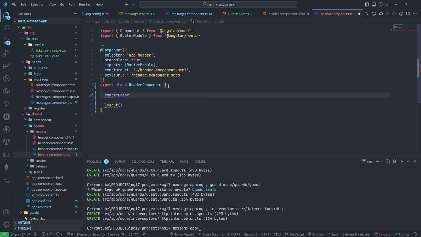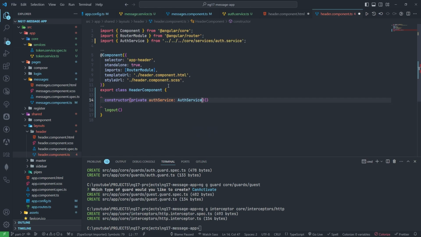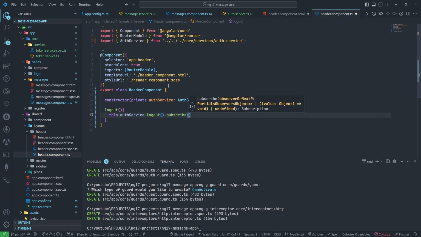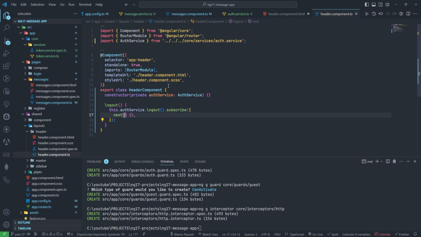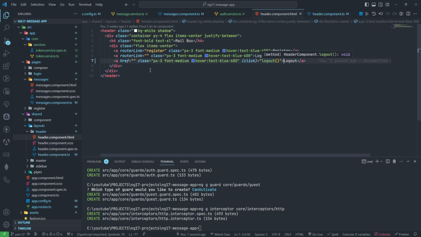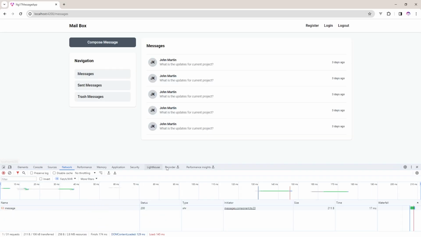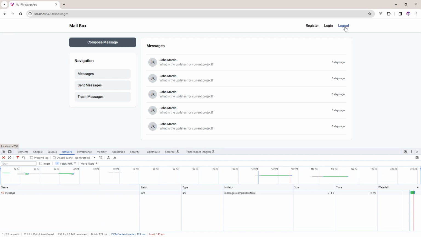So in the constructor, first of all I will inject the auth service file, private authService. Okay, this.authService.logout().subscribe, and let's check whether this will work fine or not. Okay, when we call this one. Let's check this. When I click on the logout,